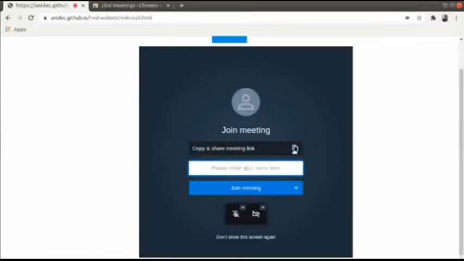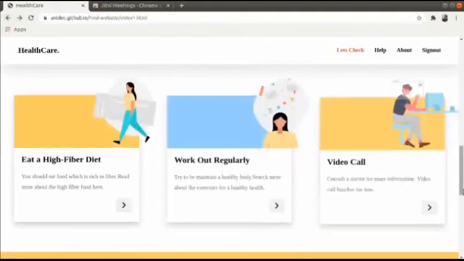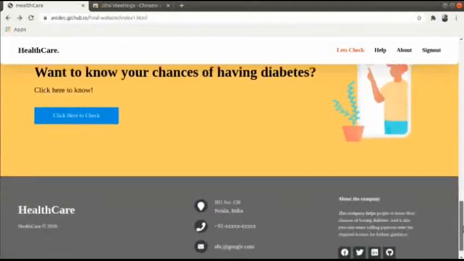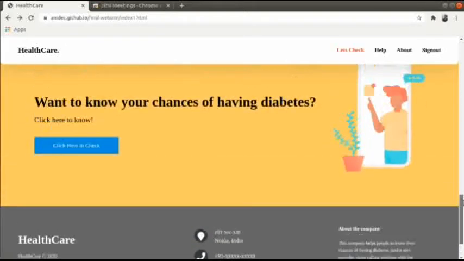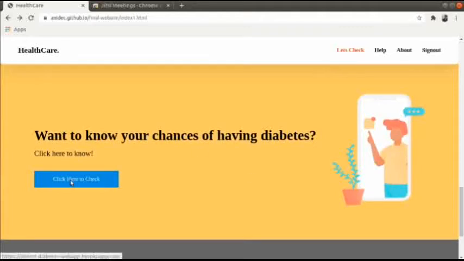You will have to copy this link and share it with the person you want to meet. Like if you want to consult a doctor, you send this link to the doctor, and then you will be able to meet over here only. So this feature is also added here, and this is the footer we have added, and it's time to check the main web app.